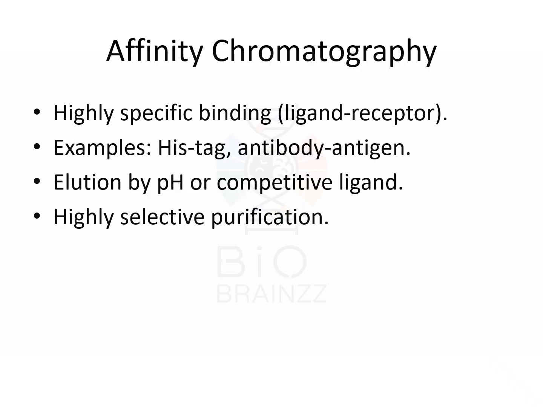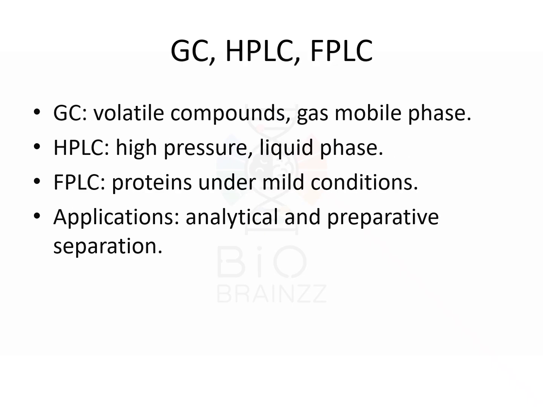Affinity chromatography is a highly specific technique. It works based on specific binding between two molecules like enzyme-substrate or antibody-antigen interaction. For example, His-tag proteins bind to nickel columns. Elution is done by changing pH or adding a competitive ligand. This method gives very pure product because of its high selectivity and it is widely used in protein purification. This slide explains three important types of chromatography